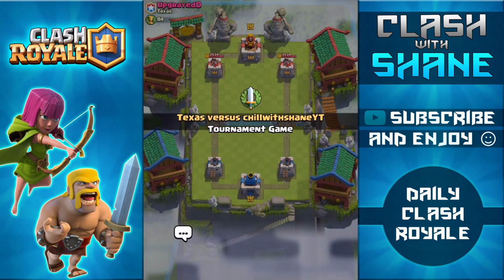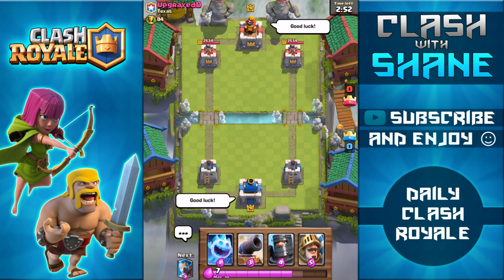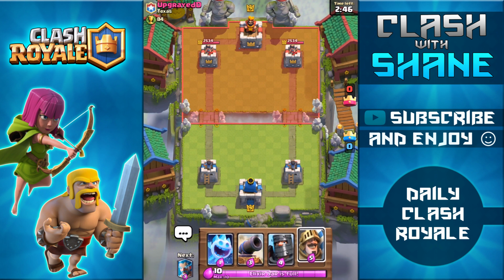So here we are guys, facing off against Upgrade from the clan Texas, and let's see, give him the all good luck here, and let's see what we can make happen. Do a slow push with one of these Princes off the start here, depending on what he does. He drops down the